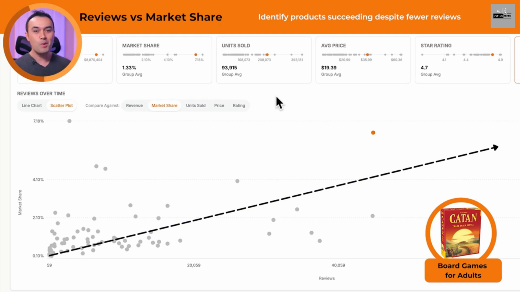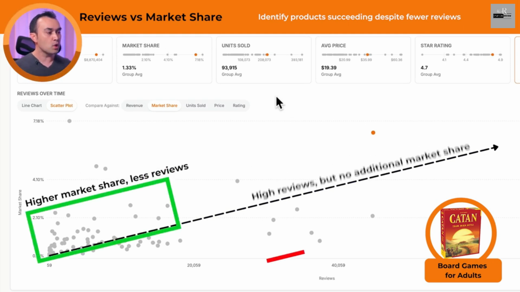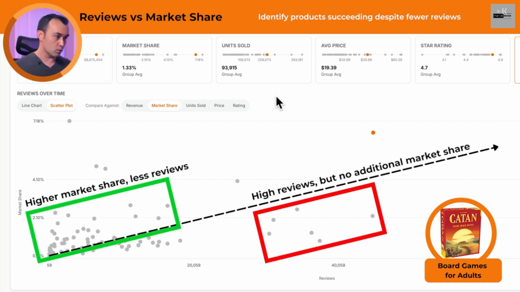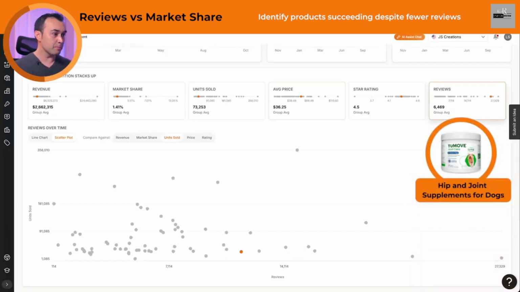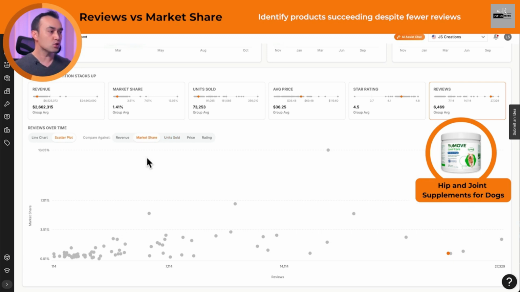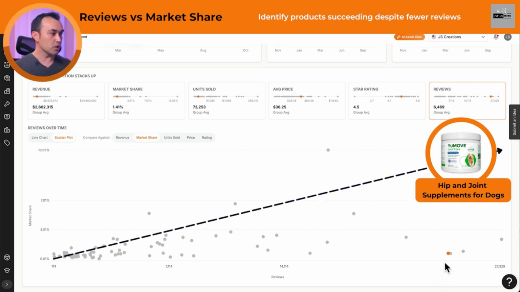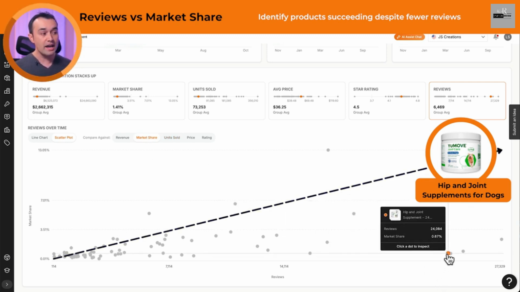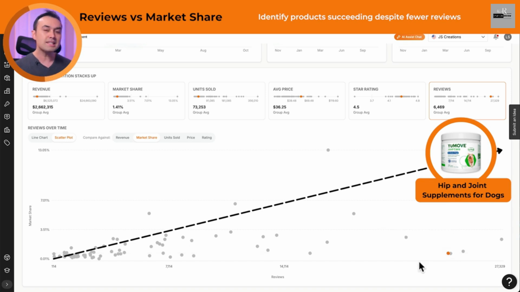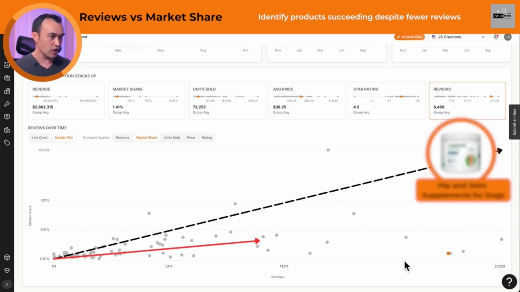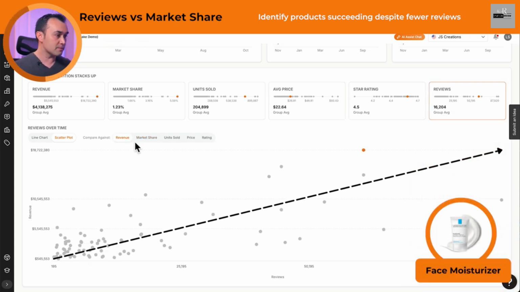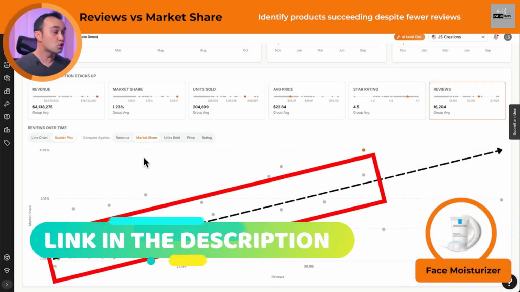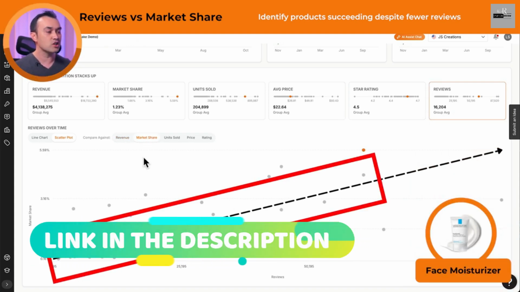more reviews equals more share pattern, in my opinion, there's actually a stronger trend here of products succeeding with fewer reviews. And back in our hip supplement segment, despite having a huge review advantage, we can see that our product hasn't translated that into higher market share or revenue. And that seems to be a trend in this segment where more reviews only incrementally increases market share. But let's compare that to the face moisturizer segment where reviews do seem to have a stronger connection to market